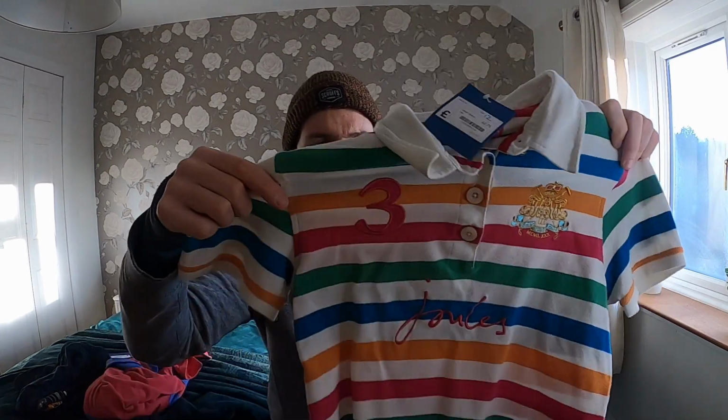And from the women's section, I got this. Again, women's clothing. I'm dabbling. I'm trying things out. I'm buying things just to experiment. I'm hoping this will do well. So this was £2.75. It's a Jules